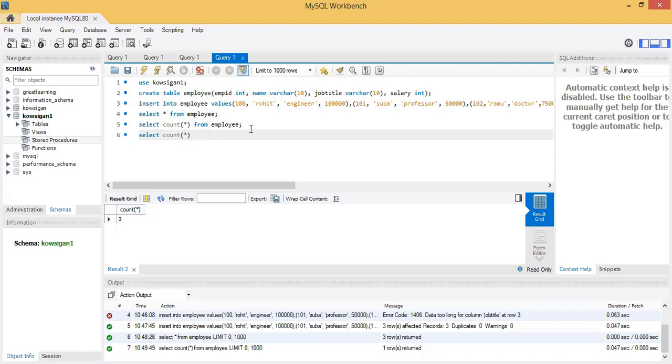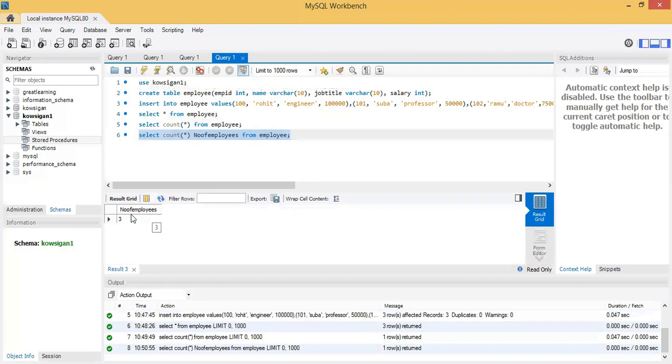I want to mention it as number of employees from the table name, that is employee. Now just select this, run this query. Now you see here the title has been changed to number of employees. Okay. So this is how we can perform the count aggregate